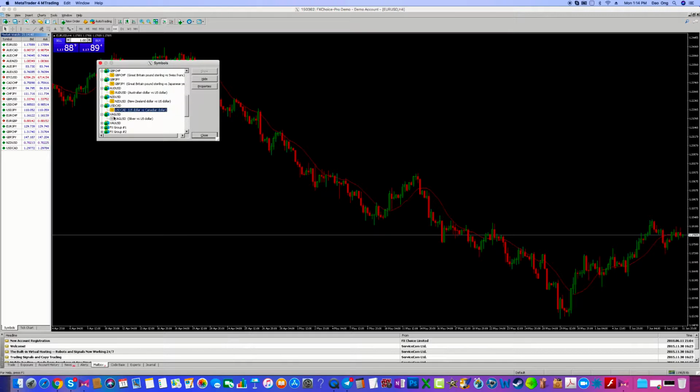USD CAD, silver versus the dollar, gold versus the dollar. Okay, Euro CAD, GBP CAD. Now, as a beginner, I do not suggest you trade all 30 pairs. I would stick to 1 or 2 pairs. Learn the patterns and how that market moves for that currency pair would probably be your easiest way to learn, because if you're doing 30 pairs right off the bat, you'll probably get confused and you won't remember much. But you know, everybody learns differently, so